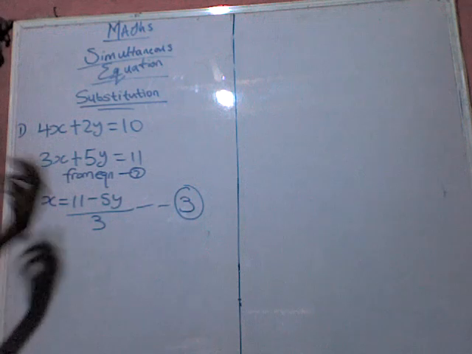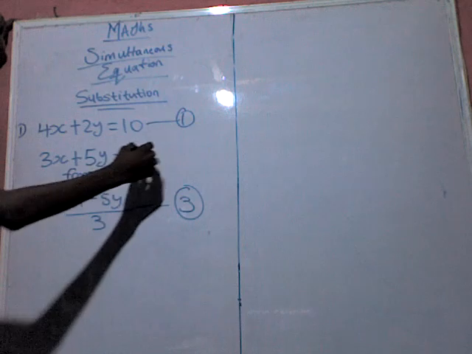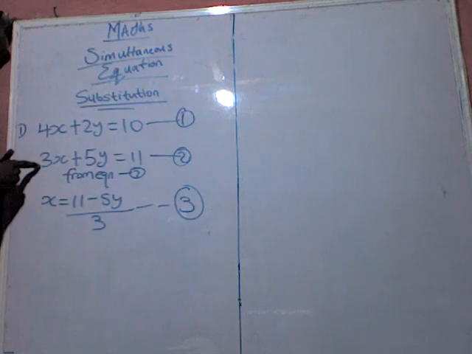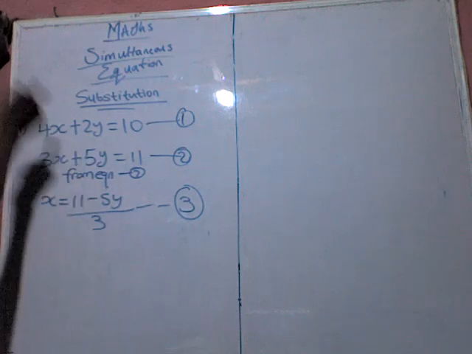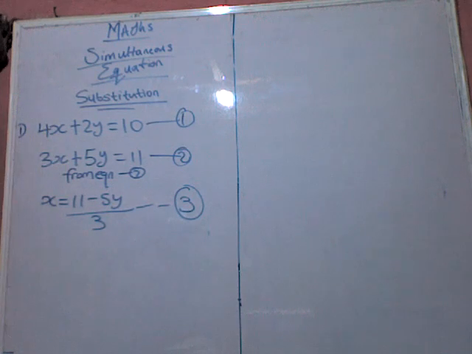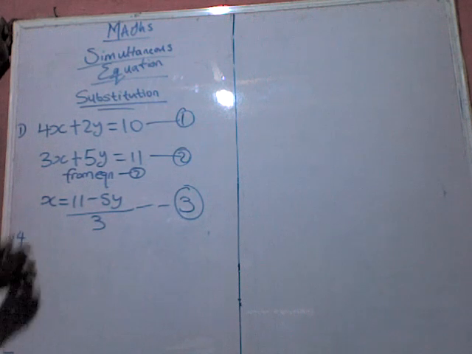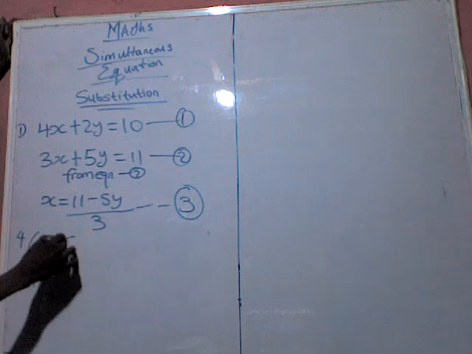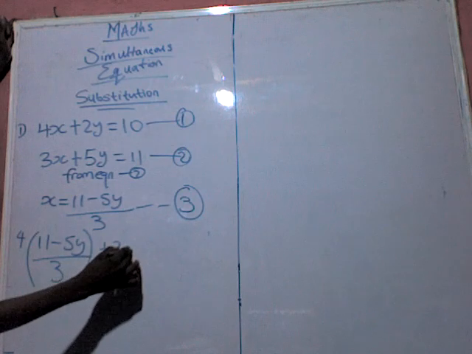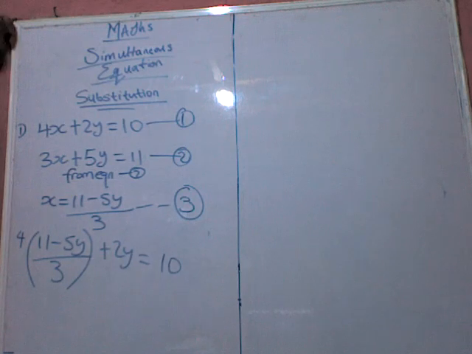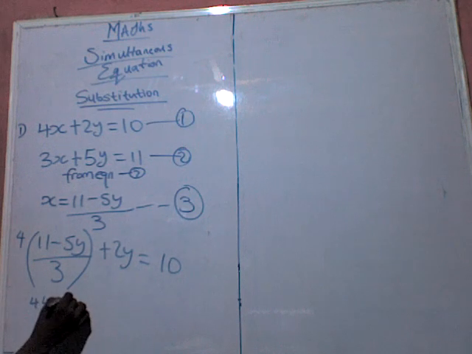Then I substitute my equation 3 into my equation 1. Do not make the mistake of substituting it into equation 2, because we have used equation 2 to get our equation 3. So we should not substitute equation 3 into equation 2. So substitute it into what? Equation 1. If you substitute it into equation 1, we have 4 in big brackets, 11 minus 5y over 3, plus 2y equals 10. Then we open out our bracket, giving us 44 minus 20y